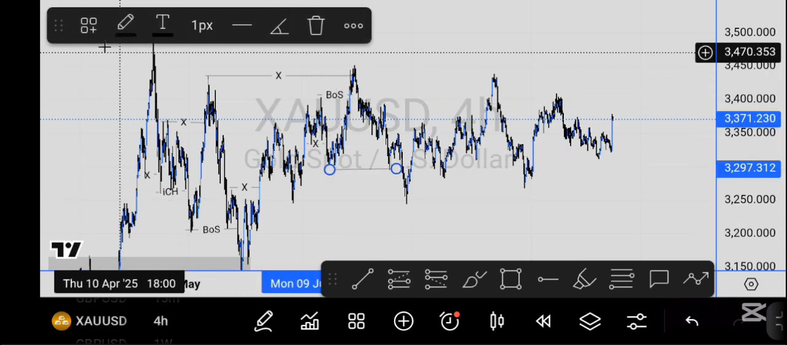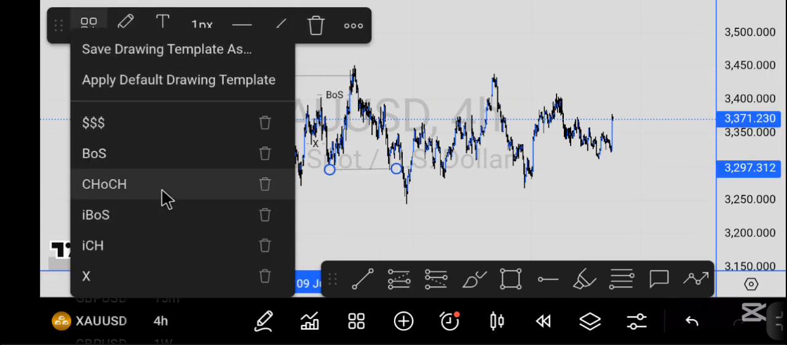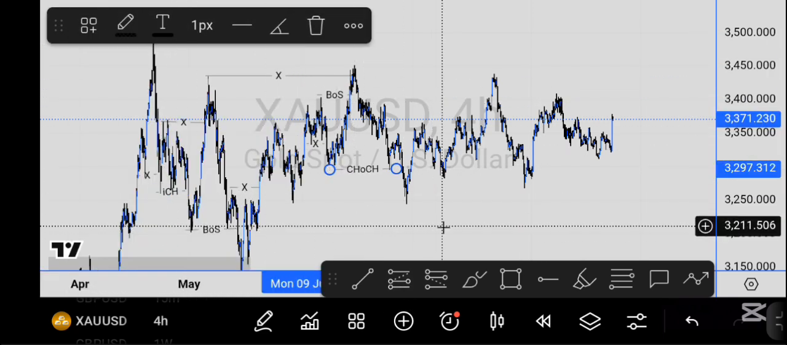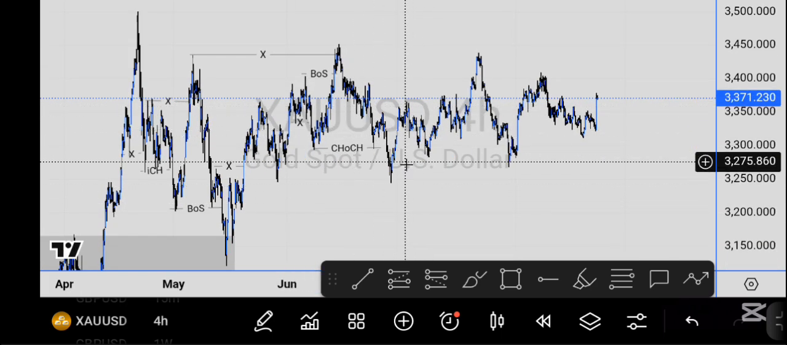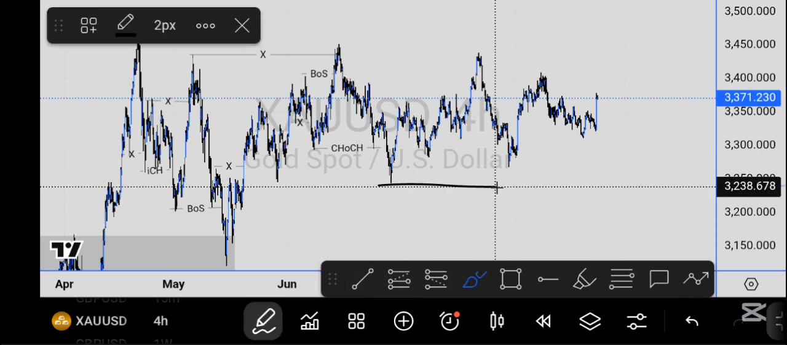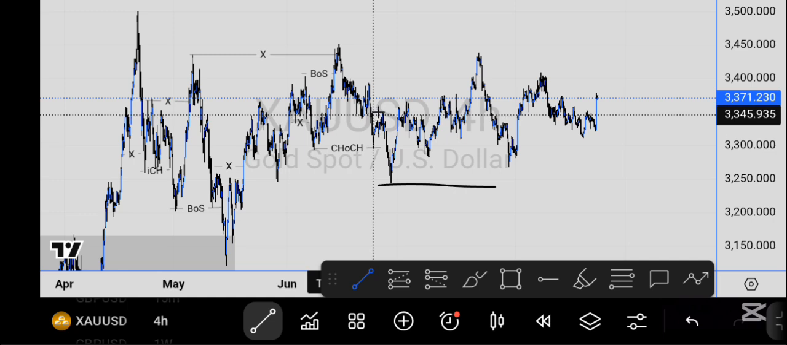So here now we have our change of character. After this change of character, we need inducements to sell. If price is going to take out this low, we need inducement. So where is our inducement? Our inducement is right here,